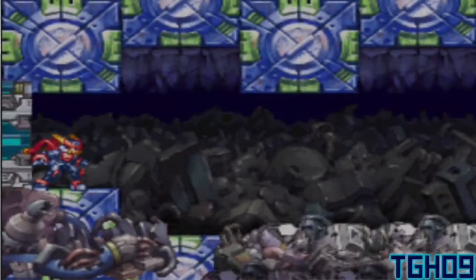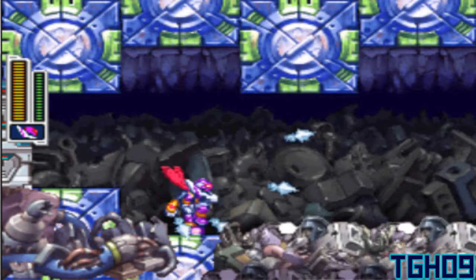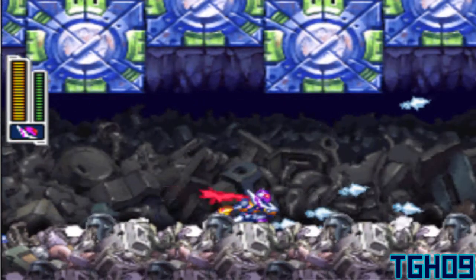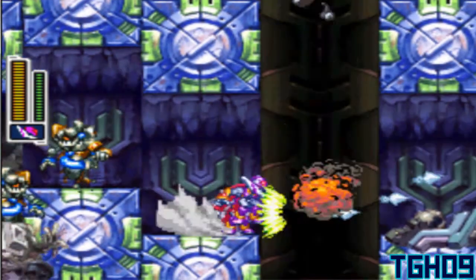I need to let the trash can go down. Why do I do that? Why do I keep on dashing head first? And this level is a fairly freaking long level too, so I guess it's a makeup for